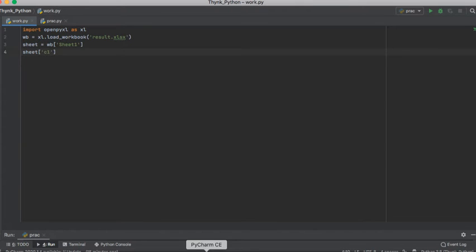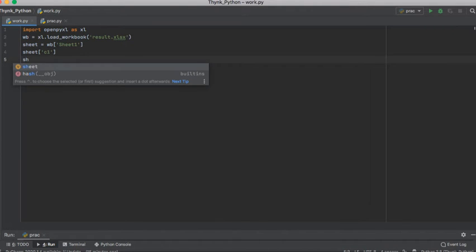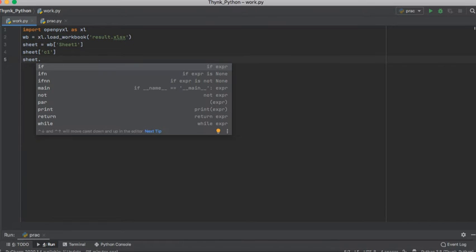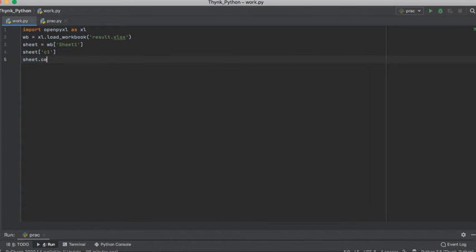There's another way of accessing the cell here by using the cell method. And what is that method? You can simply say sheet, with the help of the dot operator, we have a method called cell here, and inside the round brackets I specify the coordinates.